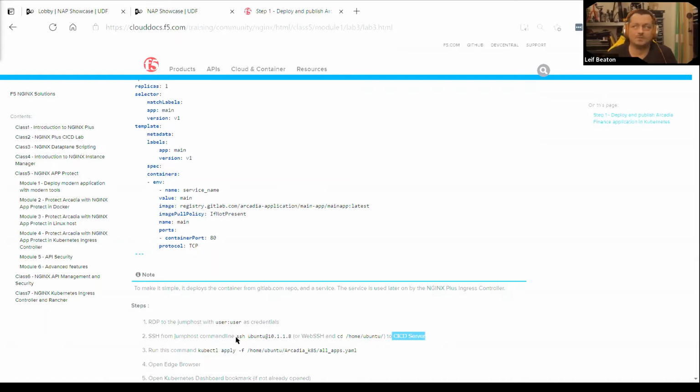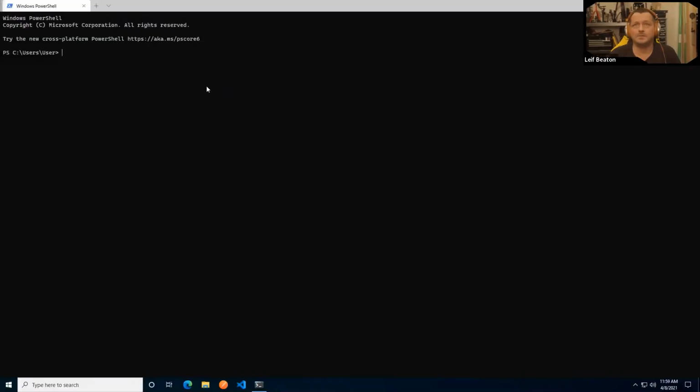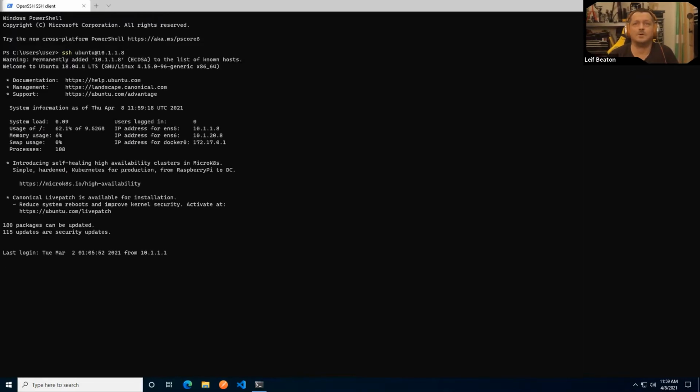So I'm just going to go ahead and copy this SSH command because, as has been proven so many times before, I'm completely useless when it comes to typing. And I'm going to pop back over to my RDP session, and I'm simply going to paste that into the terminal. There we go. And when I press enter, I should get into that system automatically. And you see the prompt has changed. I'm now Ubuntu at Ubuntu. Sadly, the server name was never changed when the lab was created. We are now in the CI/CD server.